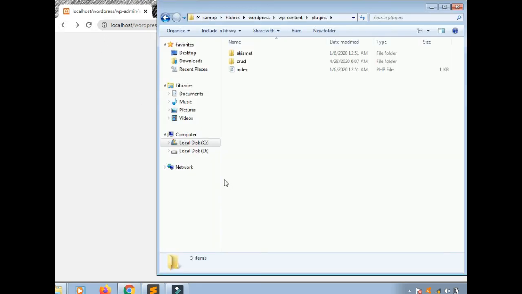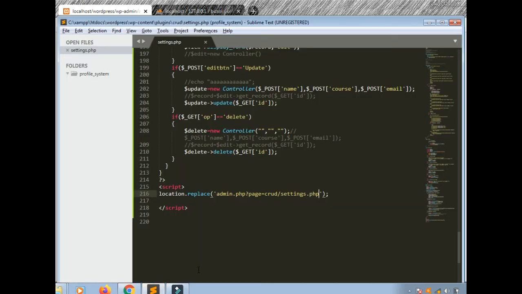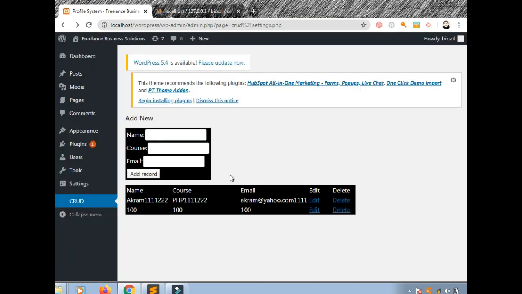Okay, this is a loop. This is some kind of loop, right? We should stop the script, stop executing, and we should write settings.php. Okay, page is settings.php. You should save this, reload. No, not reload. You have to